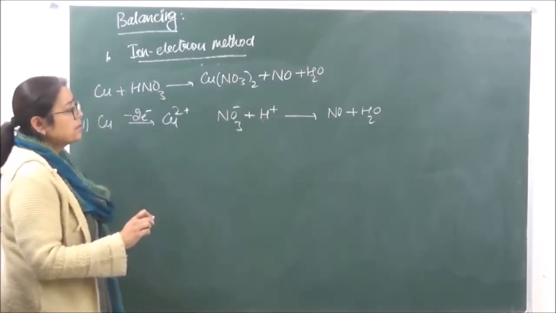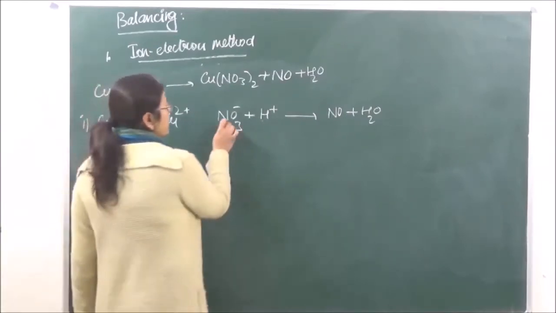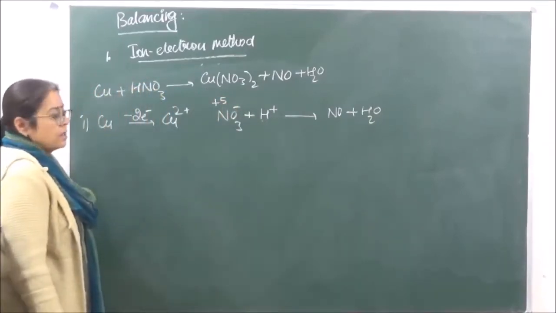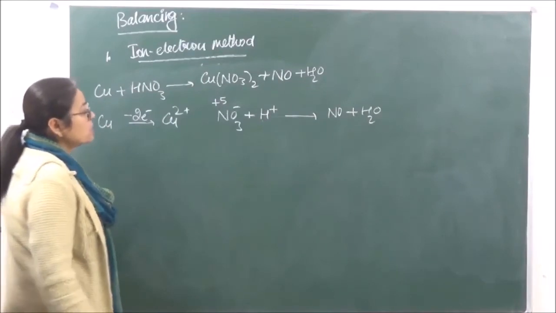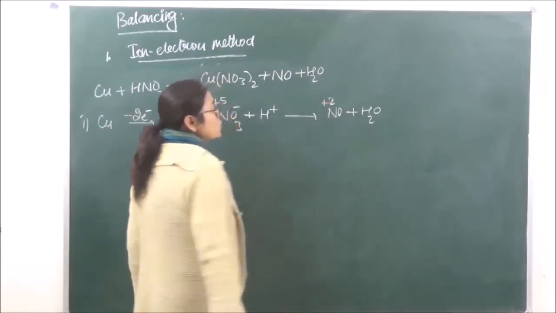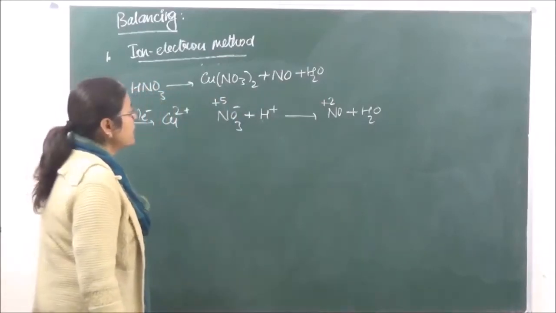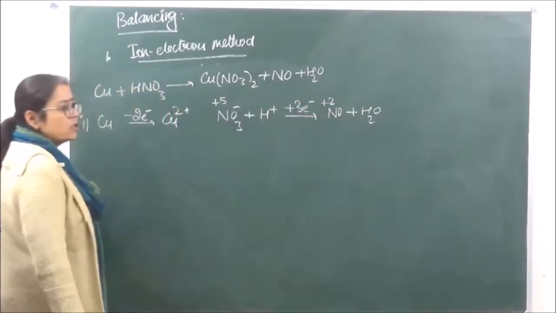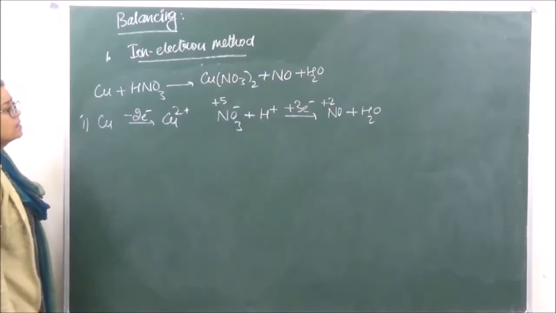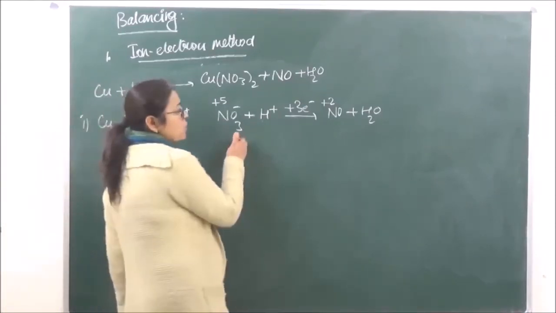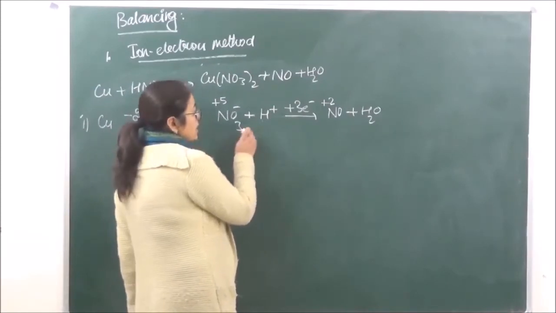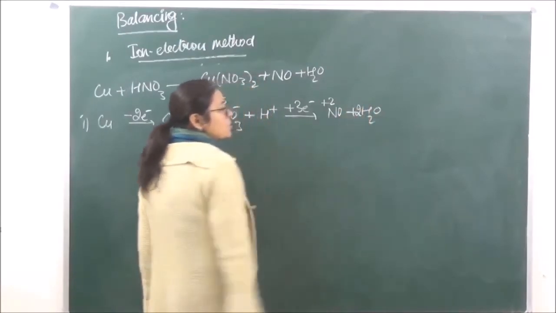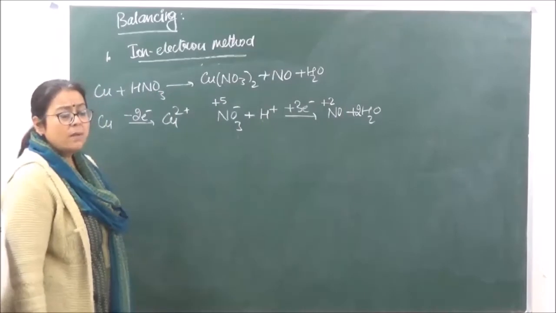Now over here, in order to balance the H positive ions, let's first see how many electrons are exchanged. The oxidation state of nitrogen in this case is plus 5. Okay? And what is going to be the oxidation state over here? That is going to be plus 2. So how many electrons are exchanged? There are 3 electrons. Okay? In order to balance the number of hydrogens, we first of all need to balance the number of oxygens. So on the left hand side there are 3 oxygens, on the right hand side there are 2 oxygens. So you balance the oxygen by increasing the number of water molecules.